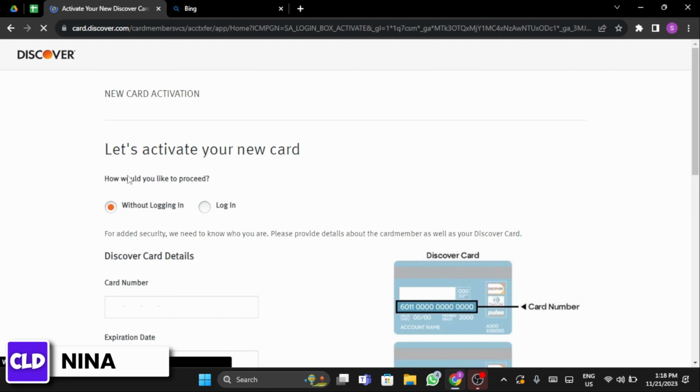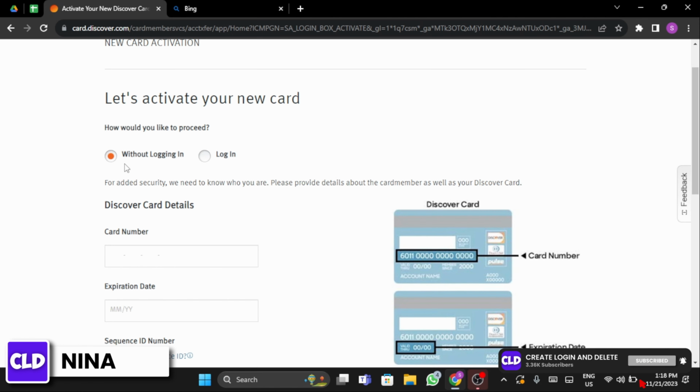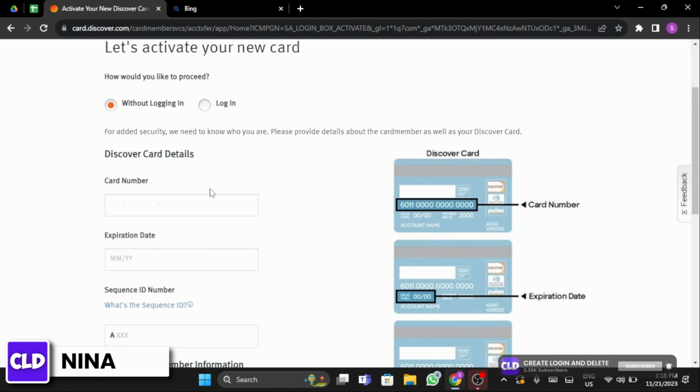Now at this page you will see how would you like to proceed. You can also proceed by logging in or without logging in. For now, I'm going to click on to without logging in, and at this page you can enter your card